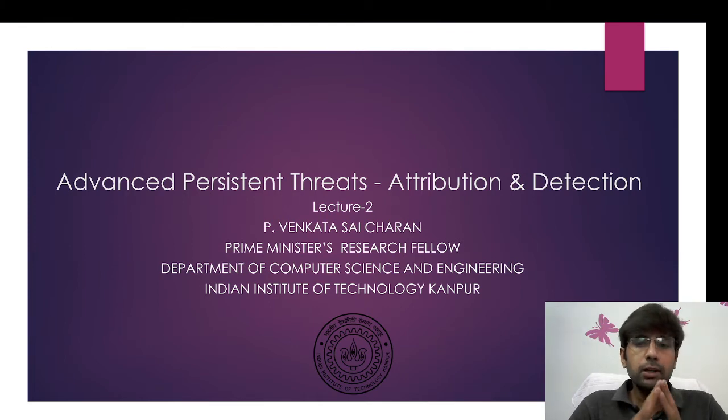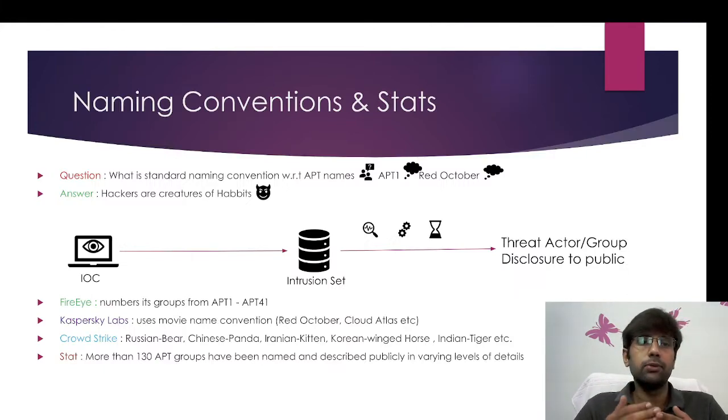In order to answer this question, we need to go through the process that most security firms follow. This is called a standard practice done by most of the security firms. They investigate and figure out the indicators of compromise of an attack. Indicators of compromise means the technical artifacts that are used in the attack. Often the attackers leave some footprints, and the security firms go and collect these footprints, and they consider these as the technical artifacts of that particular attack. The security teams collect them, and basically they tag them as a group.